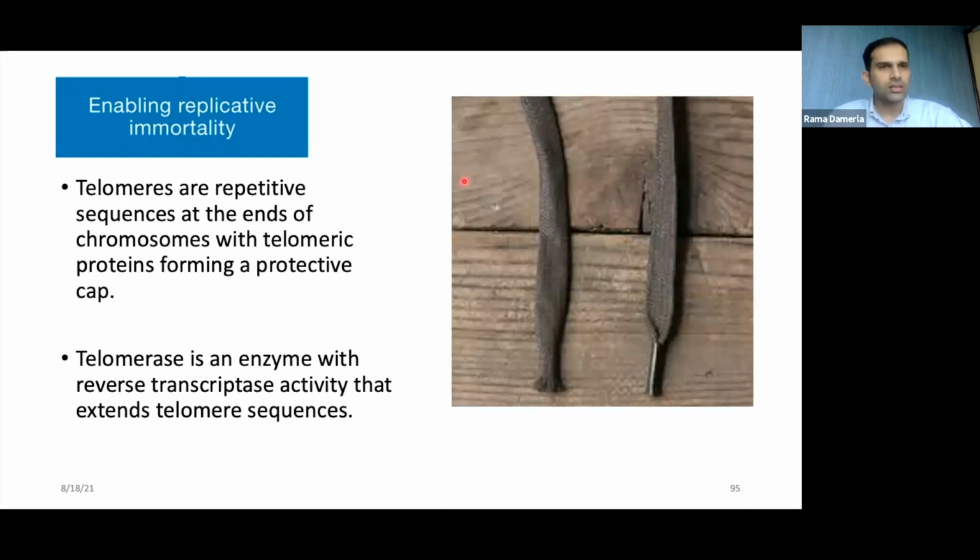Another hallmark is enabling replicative immortality. This is mainly at the ends of chromosomes, which have cap-like structures called telomeres. Telomeres are made up of repetitive sequences. In humans, it is TTAGGG that occurs at the ends of chromosomes, and they are additionally bound by telomeric proteins that form a protective cap-like structure. The lengths of chromosome ends are maintained by the enzyme called telomerase. That is the only enzyme in humans that has reverse transcriptase activity, so that it uses RNA as a template